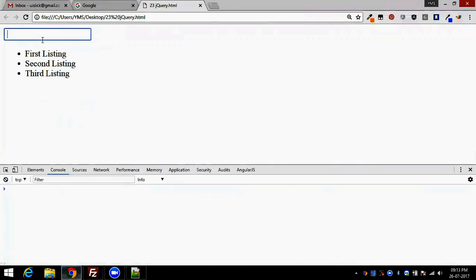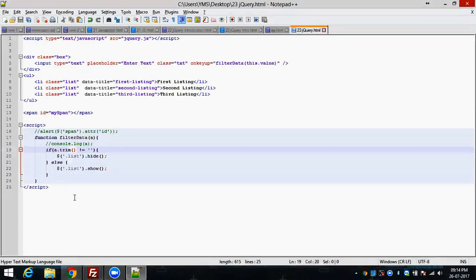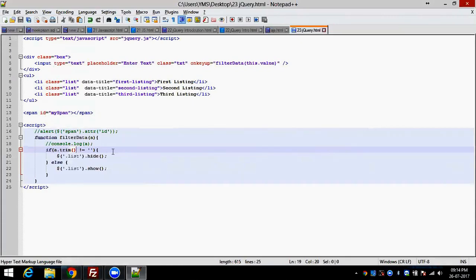See here. Even though I'm giving space, it's just trimming. Trimming means it will cut the spaces on both sides of the string. Okay. So even though the user enters space, it will not accept the spaces, because it is trimming over here, right? Now